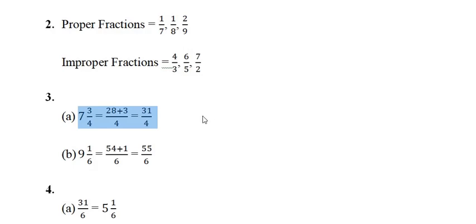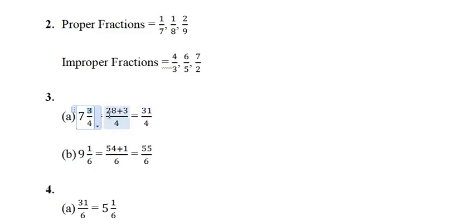What are the steps? The first step is to multiply the denominator with this whole number. The second step is to add the numerator to the product of the whole number and the denominator. Now here you can see 7 fours are 28, so I have written 28 out here. And then plus 3, this numerator, and then it will be 31/4.